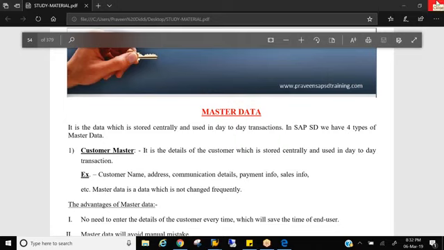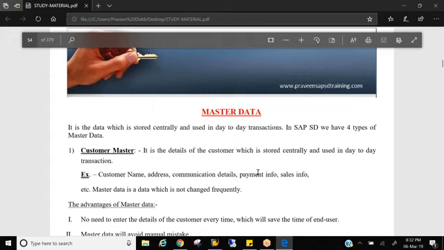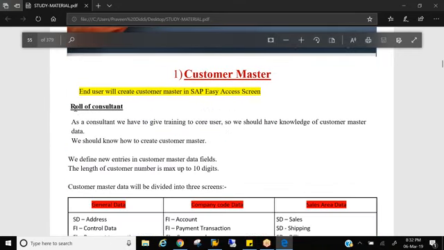So the guys who are taking your orders when you go to Big Bazaar or Walmart with the barcode reader, they are end users, right? So who is creating master data? That is end users. But as a consultant, why are we learning how to create master data? Why are we learning as a consultant?